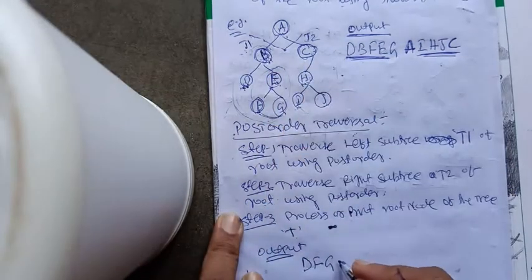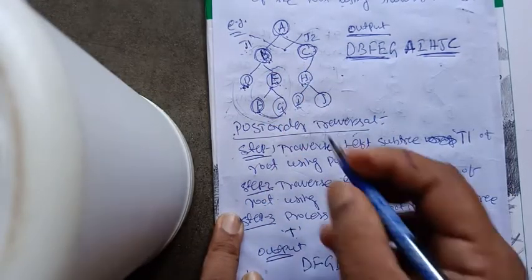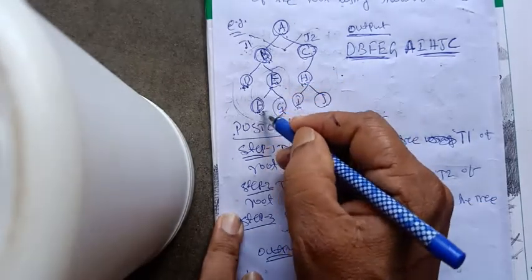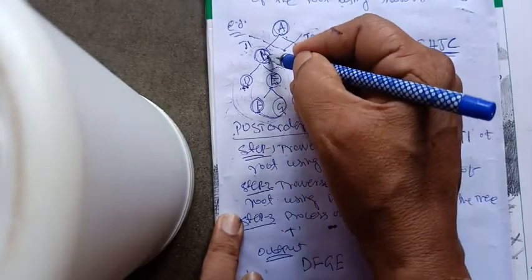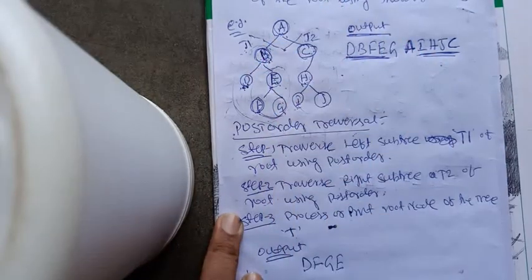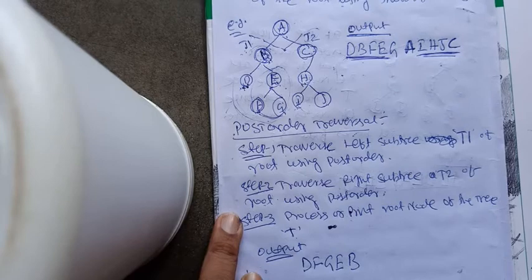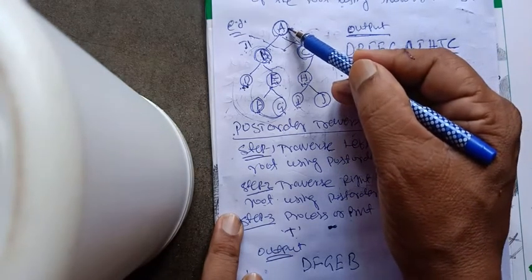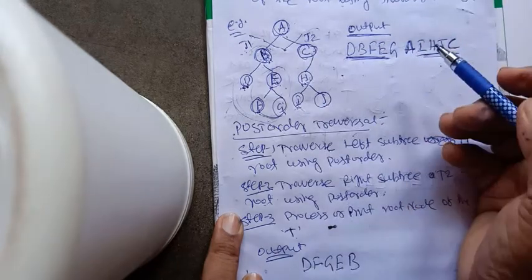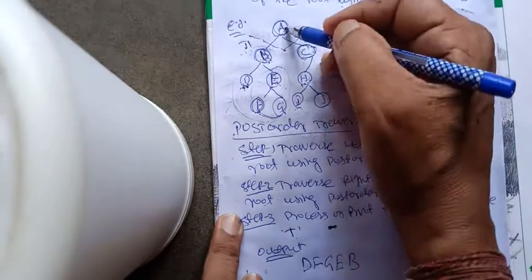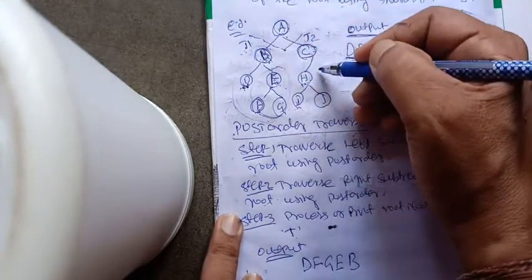Finally we will use E. Okay. So E, F, G is completed. Now we say right of B is processed. So once right of B is processed, now finally we will process B. Okay. Fine. So right of B is processed. Then we say the left subtree of A has completed. Therefore, we shall go for right subtree of A. So go to the right subtree now.